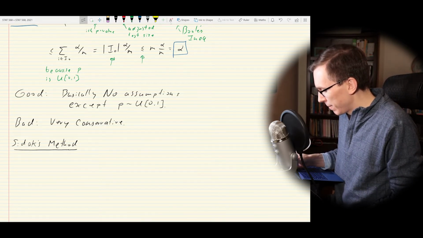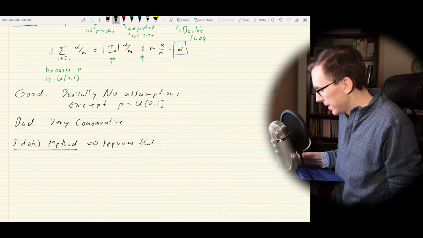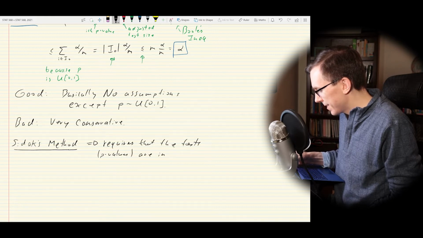So this one requires that the tests, p-values that is, are independent,